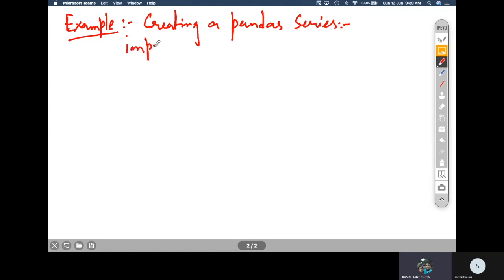The first line will be import pandas as, and then you can give any name, like PD. Most often we give PD. Then you have to name the series as something. For example, I am naming it as small s, and then PD dot, instead of pandas dot, PD dot